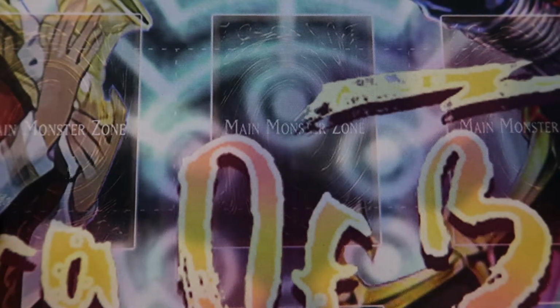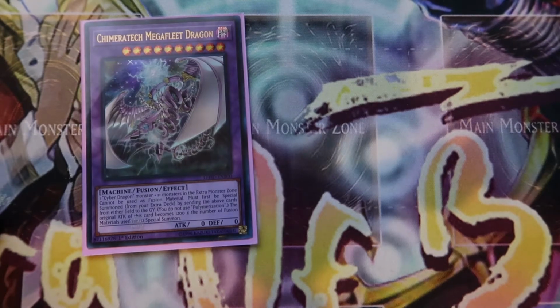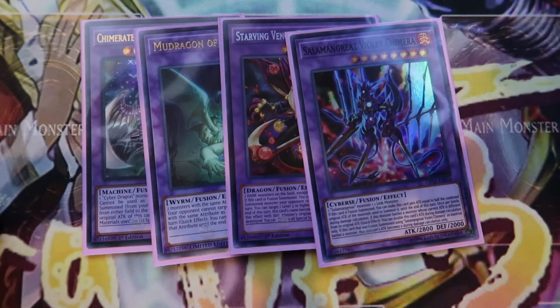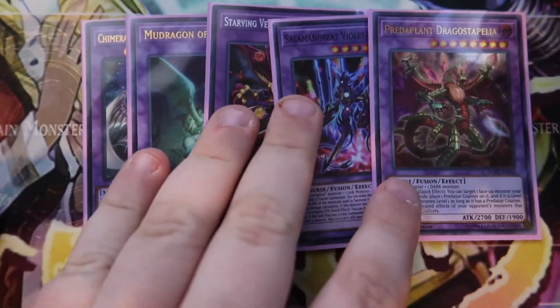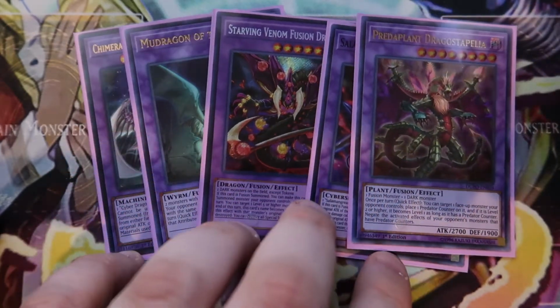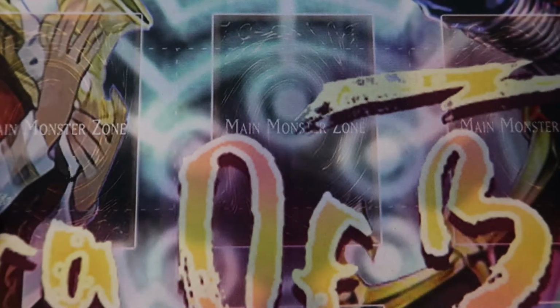Now moving on to the extra deck for our super poly kind of anti-deck cards. We played 1 Mega Fleet for the Cyber Orcust. We played 1 Mud Dragon of the Swamp, 1 Starving Venom Fusion Dragon, 1 Violet Chimera, and then 1 Dragon Stapalia for our super poly targets. Now I would probably add the new Predaplant Fusion. That's three dark monsters, but I don't have access to that right now, so those are our only super poly